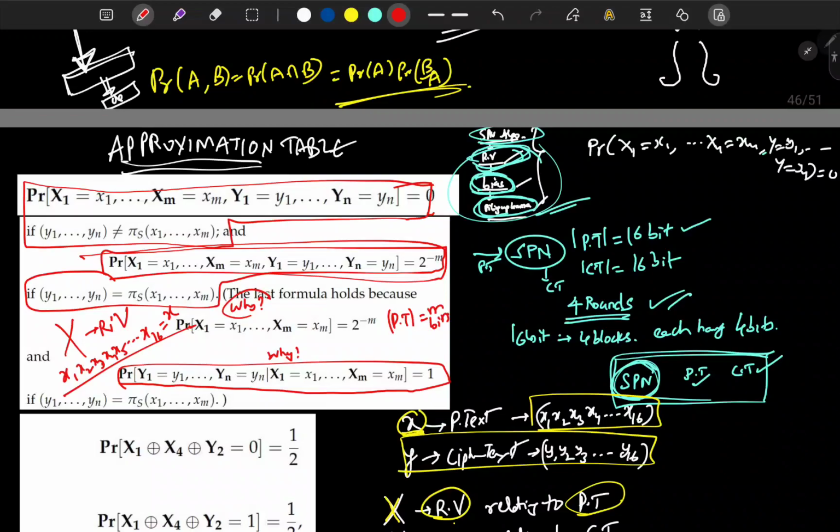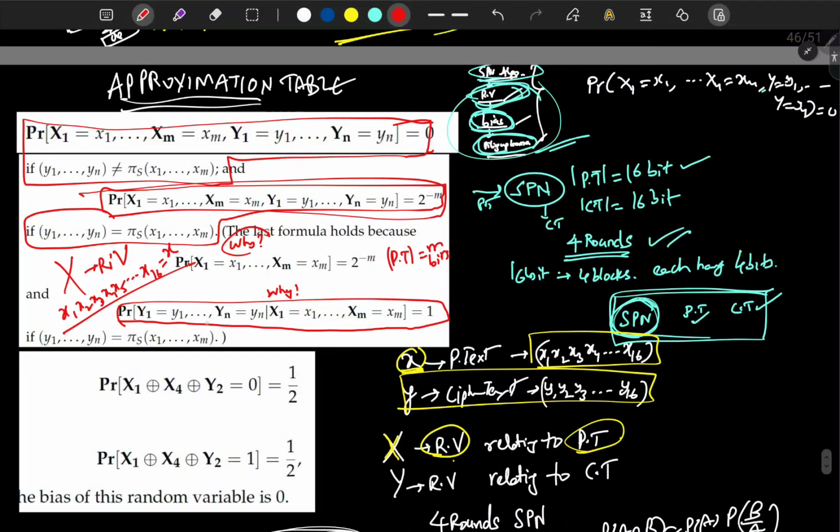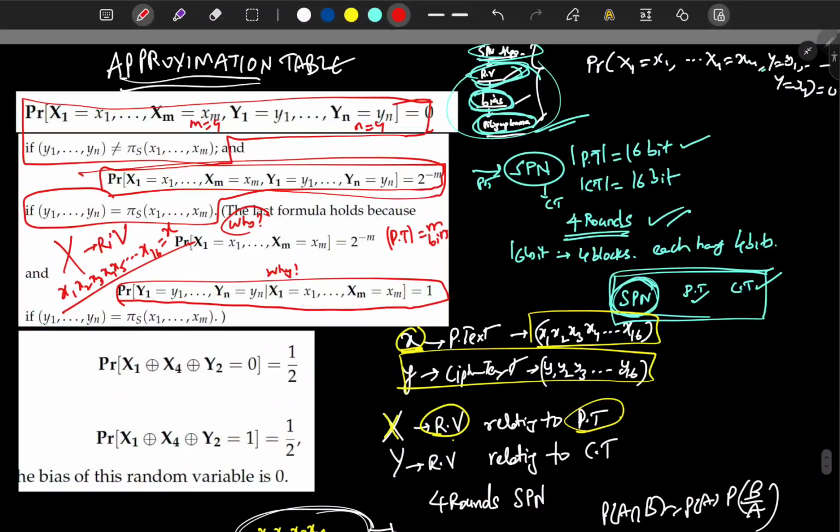Why? Because I am explaining. See, what does this mean? The probability that Y equals y1 and so on, given that X1 equals x1 and so on, Xm equals xm. Here in our case, the n value is 4 and the m value is also 4. So y1 means the probability that capital Y equals y, and so on, given that x1, x2